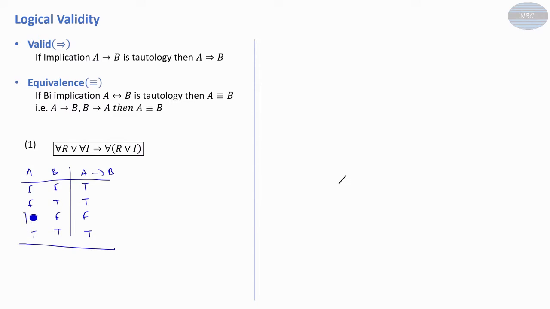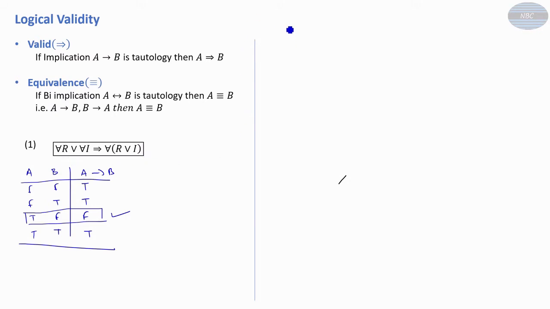So basically we'll check this particular row. When the truth value of the left hand side is true, whether the truth value of the right hand side is false or anything else, because in all other cases the truth value is true. So first of all we check this one. When the left hand side is true, is the right hand side false or not? If it is not false, it may be true, so we can have the last one. Left hand side is true, right hand side is true, so we have true implication true is true. In this way you can prove that the left hand side is valid to the right hand side.